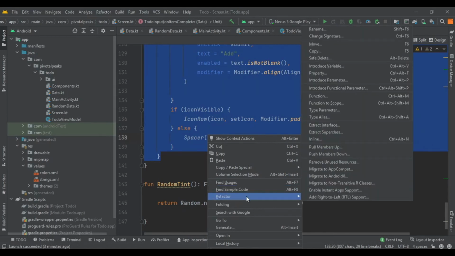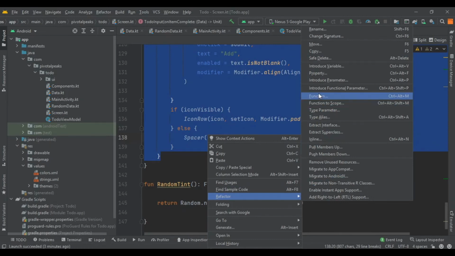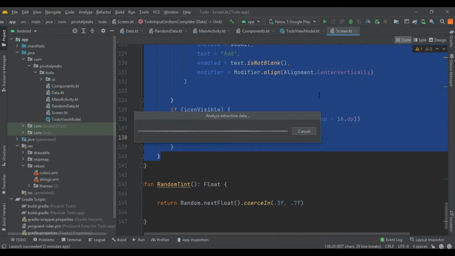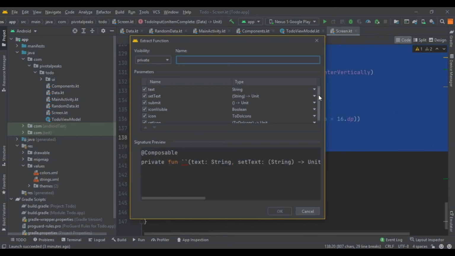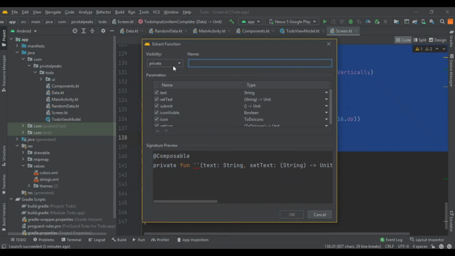So let's refactor it, go to refactor and click on function. It's doing its internal things. It's taking too long. It should not take this long. Finally, yeah, it has provided the window to extract the function.